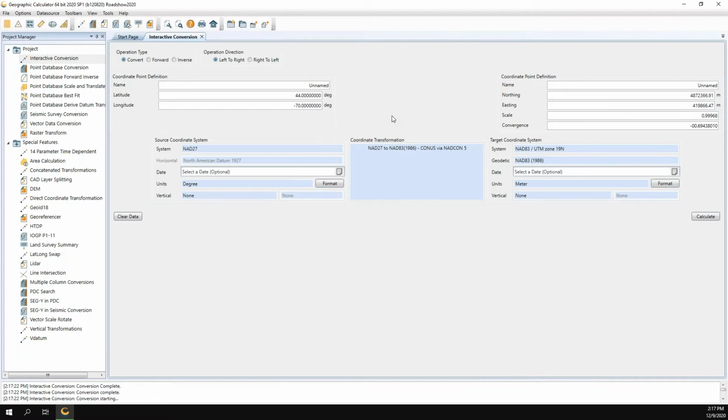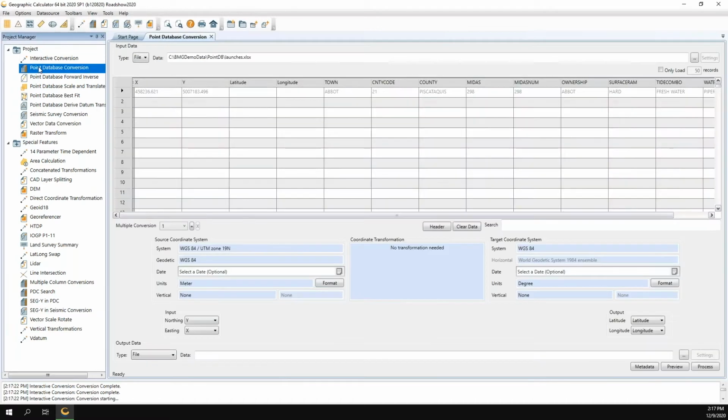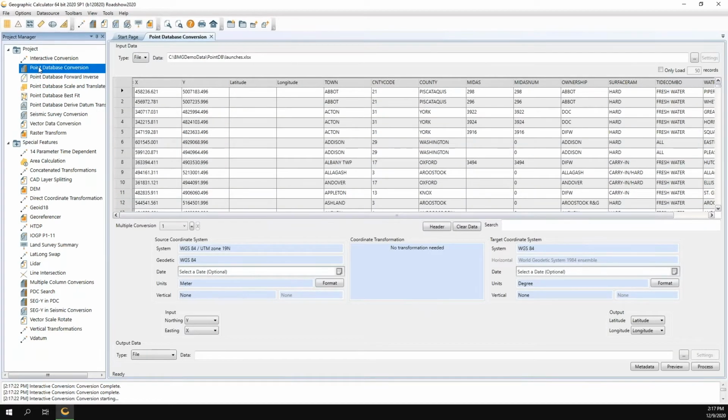So where we see a lot of difference is not in the selection process for the coordinate systems. These blue boxes we'll see on all of our various interfaces around the application. What is going to vary is as we do things like look at different types of data, such as the point database conversions, which I think Scott's going to take a minute and talk about here. Yeah, so the point database conversion job is set up similarly to the interactive, except if you have tabular data,